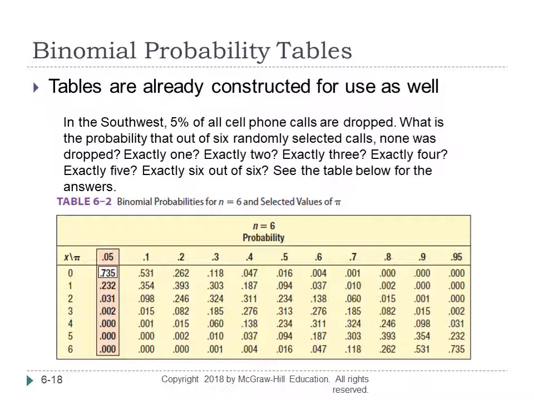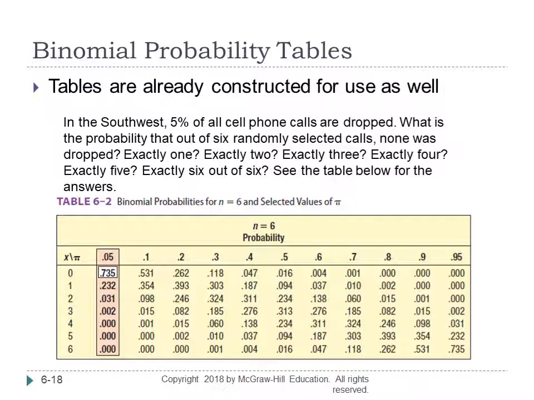The first column here is the values for x, the number of successes, 0, 1, up to 6. Now with n equals 6, the number of successes could be 0, 1, 2, up to 6. If the probability of success is 0.05, which is the highlighted column, then here the probabilities are listed for us. The probability of x, or the number of successes equal to each value in the first column, is